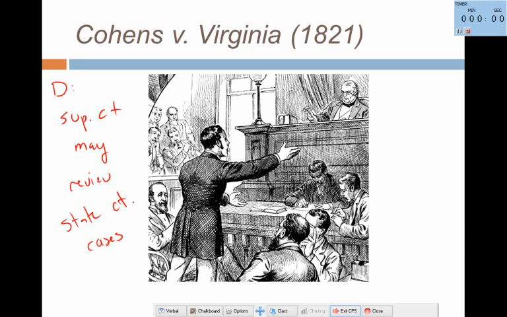Now, the Supreme Court agreed with Virginia. But that's not the important part. The important part is that the Supreme Court believed that they could review Virginia's case. Because, folks, what else could the Supreme Court have done? They could have overturned it, said, nope, I'm sorry, we would have overturned your decision and said you were wrong. So even if they agreed, that's not the important part. The important part is that they could review the case. Does that make sense, folks?